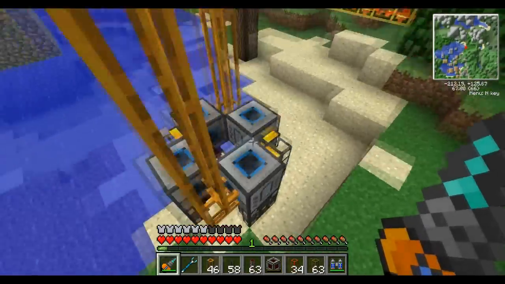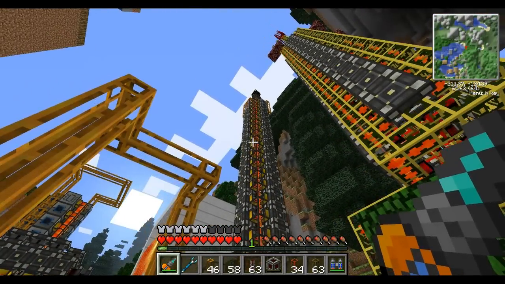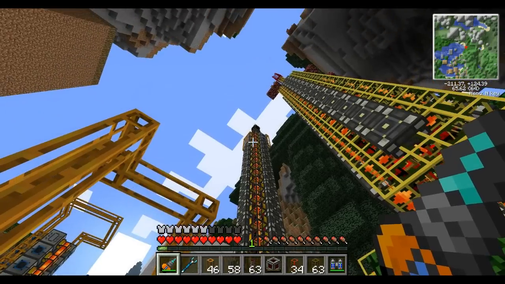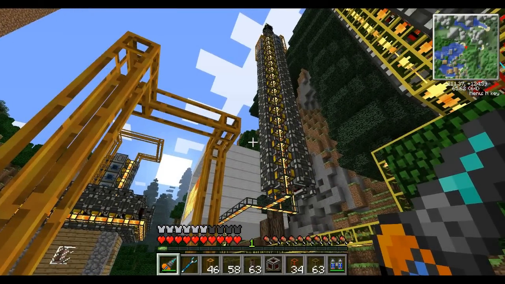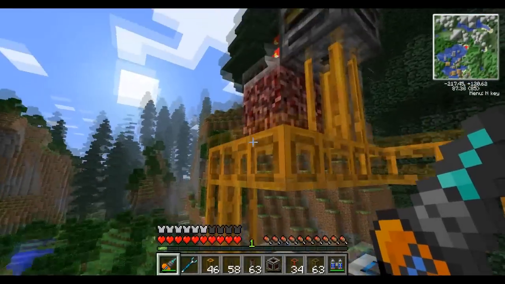Now this is actually a horrible ratio. As you can see over here, there's actually 15, if you want to count it, to 2, or 15 to 2 ratio between the engines and crucibles. And that is because it takes 15 engines at 4 MJ a tick to power the new crucibles, which have a cap of